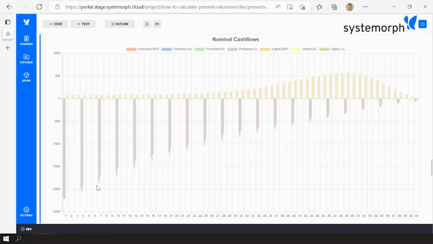Okay, so I'm seeing that premiums are happening, it feels like, based on these numbers, on a quarterly basis and claims monthly, but in any case, one is more frequent than the other. Exactly. The premiums, as you correctly noticed, happen quarterly, and the claims are monthly. Also, we see that